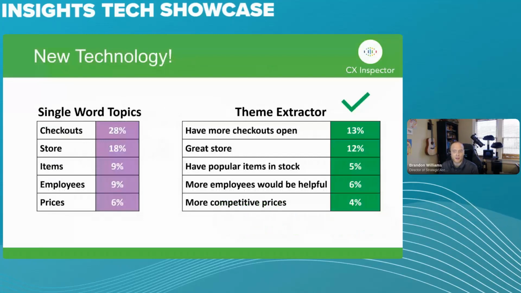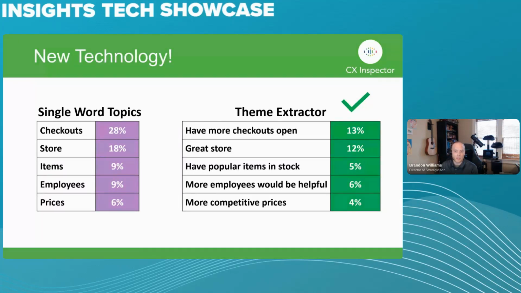Theme Extractor, and the real reason why we're here today. So Theme Extractor is our newest addition to our text analytics offering. As we all know, text can come in a variety of flavors. We might have some short, simple phrases or long, complex thoughts that express multiple or even contradictory ideas. In our experience, most solutions work by analyzing or parsing through your text, looking for nouns, adjectives, and verbs, and then they map those out with some results, what looks like here on the left-hand side of the screen. This method is great, and it's one way to analyze your text, but it doesn't work for every data set or every type of analysis out there.